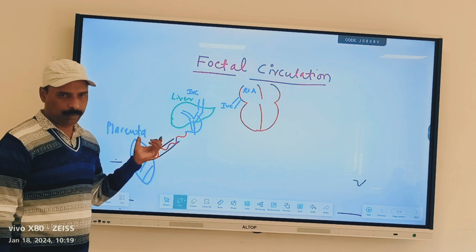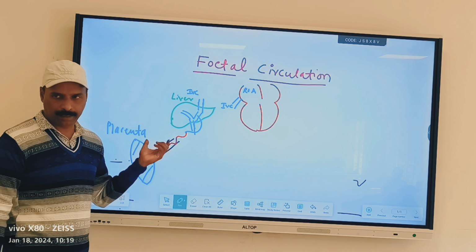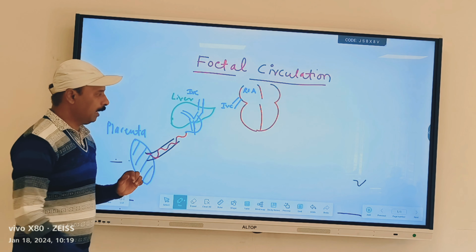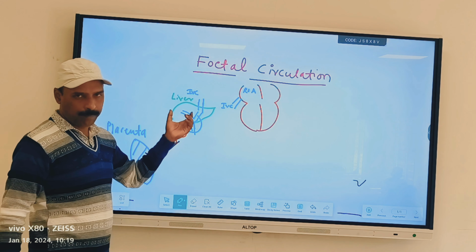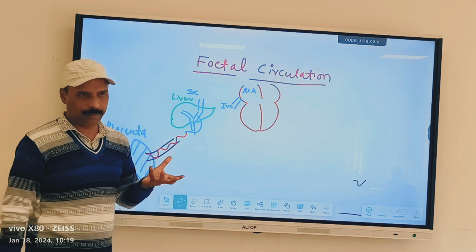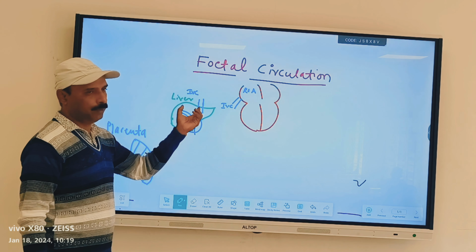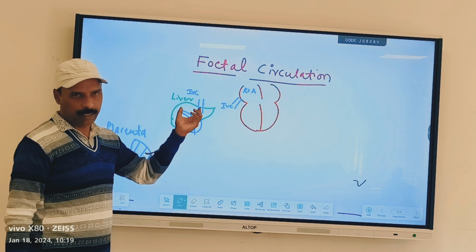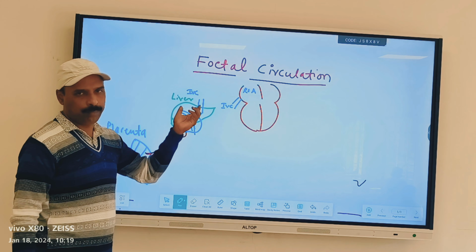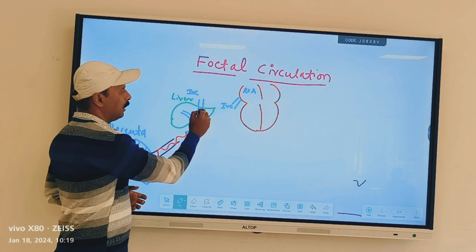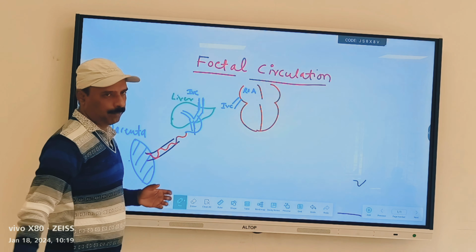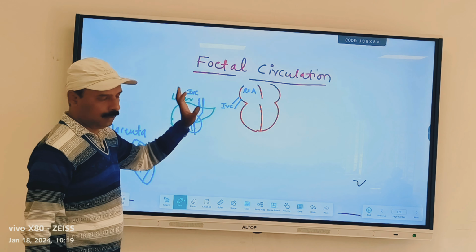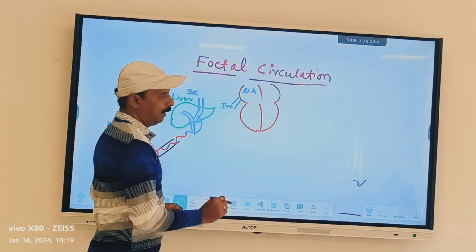Then we have the attached umbilical cord arising. The umbilical cord contains the umbilical vein, and this umbilical vein bypasses the portal system of the liver, but it joins the portal vein, the left portal vein, and this will be directly continuous and connect with the inferior vena cava. This inferior vena cava brings blood which reaches the right atrium.